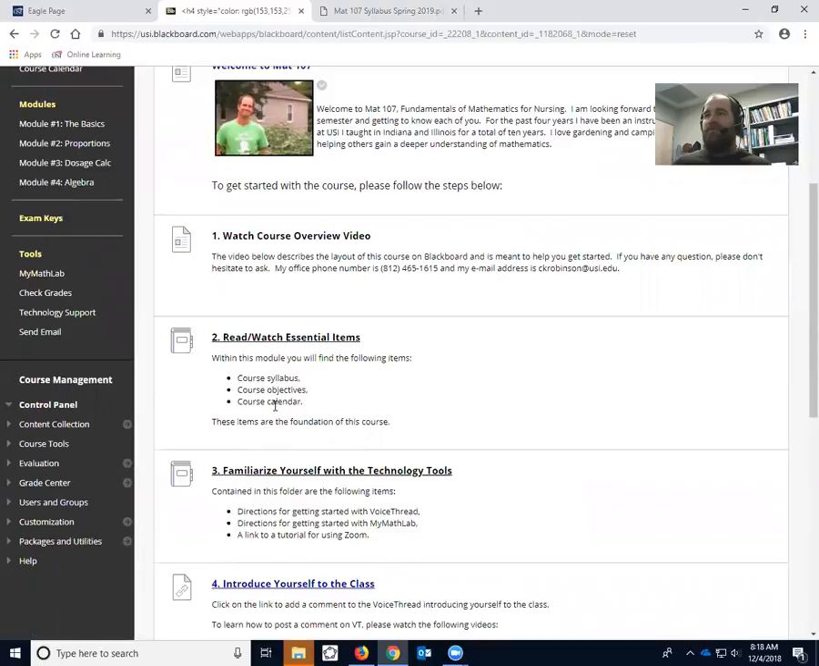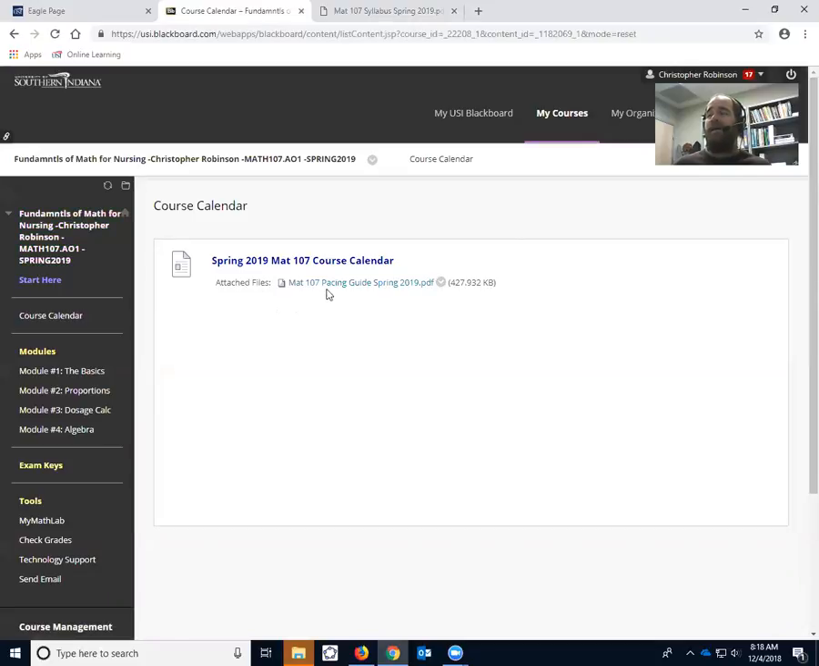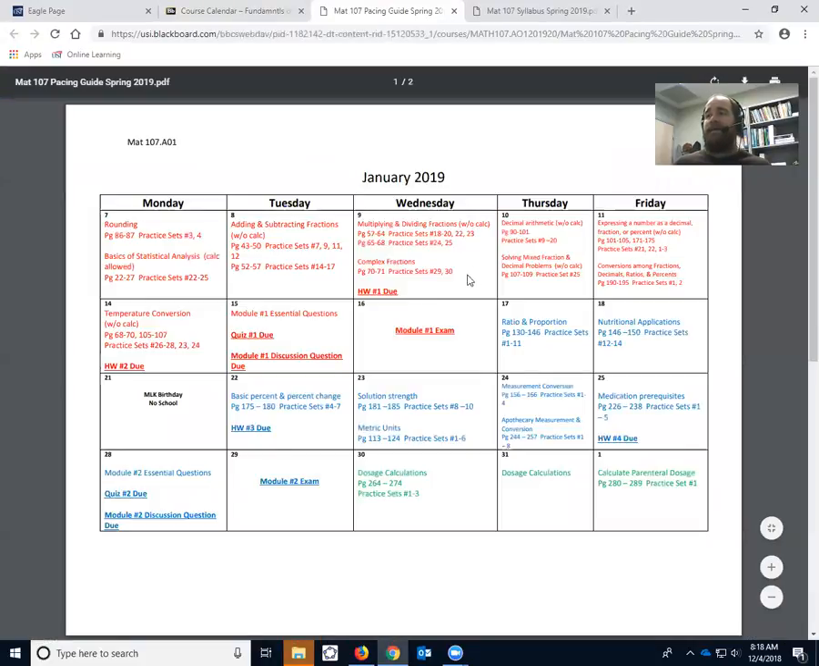Of course, calendar would be in there as well, and let me bring that to your attention. I have it in a couple different places. It's under the Read, Watch, Essential Items, but it's also here on the left side underneath the Start Here tab. And I like being very organized, and I want you to know when the test dates are, homework dates are, all these items, because work schedules can be tricky. And this way you know well ahead exactly everything we'll need to do, and if we need to be flexible